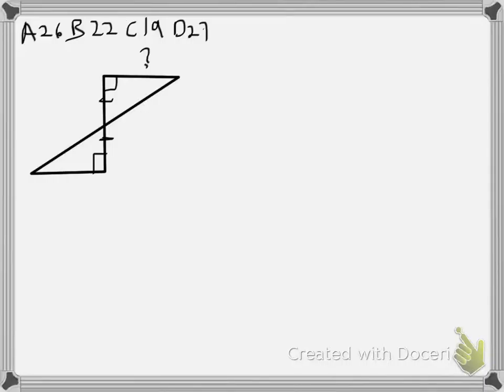Okay, this is question 26 on version A, 22 on version B, 19 on version C, 27 on version D. And the question is, which reason is not necessary to explain how to find the distance across a lake? So they're asking you to figure out, so the lake itself, they drew some kind of lake, but if you look at the picture on your test, they want to know this distance across